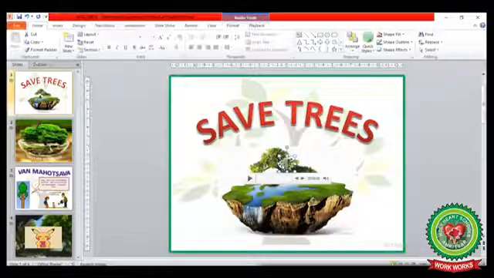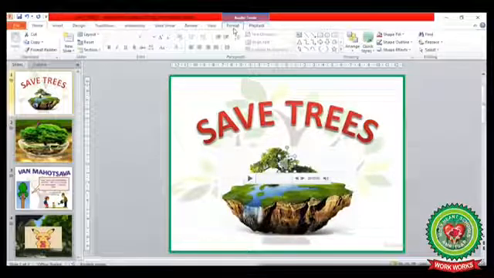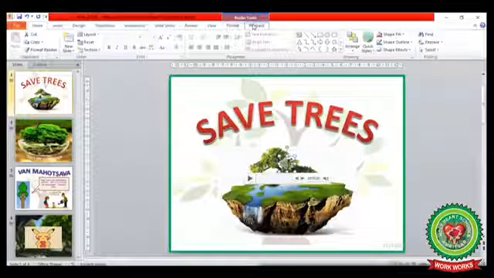By clicking on speaker icon, you will notice Audio Tools tab will appear. Under Audio Tools tab, you can see two additional tabs, that is Format and Playback. Click on Playback tab.